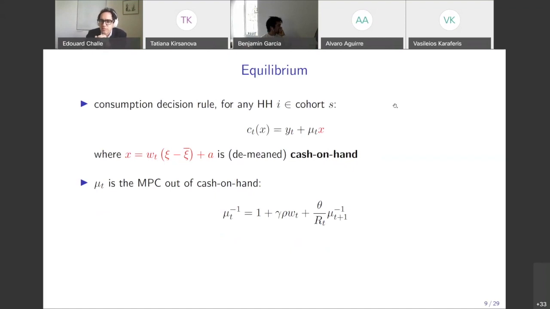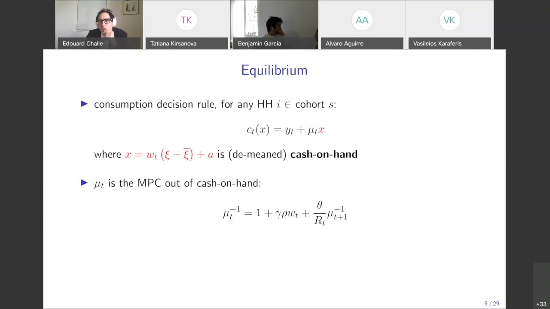No, but you have a propensity to consume mu out of stock, and that makes it flow. Yeah. But then you will multiply mu by W, but W is already a flow. So I would expect to see here life cycle income, which would be an integral of W. I'm just saying if your algebra works, it's fine, but I would play with a different rule, where I would only have a clear distinction between stocks and flows.